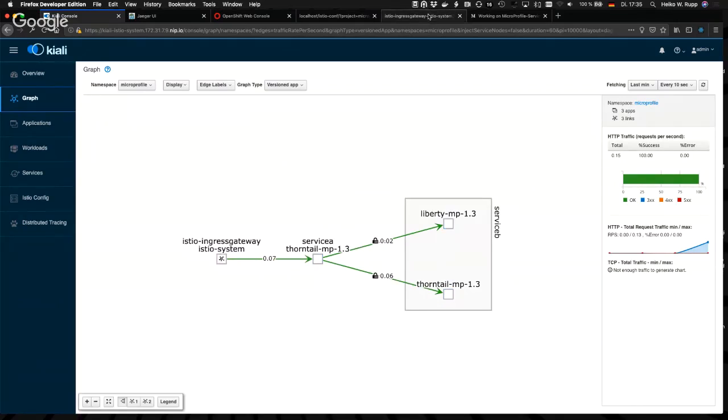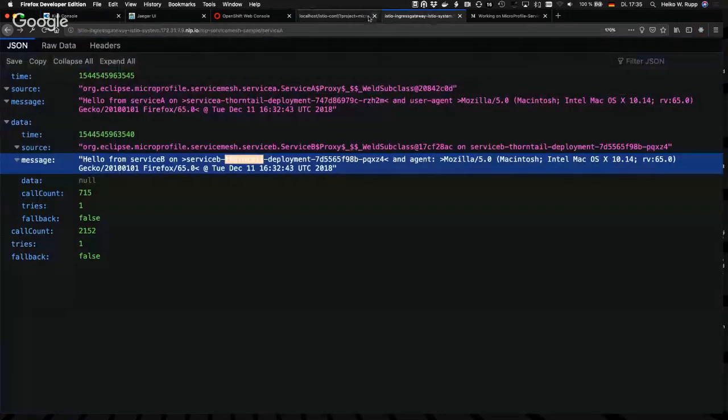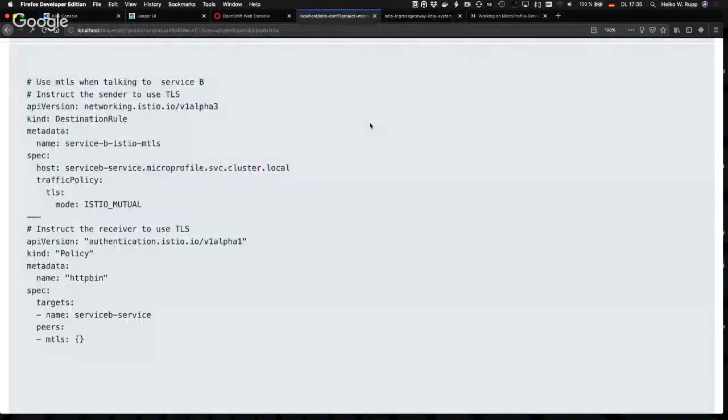Again, if you remember how hard it is to set up TLS on Java and even on other systems, there may be even systems where you don't have that. And here you can really go polyglot: create your service A or service B in whatever language or framework you want. And with these few lines of YAML, you get TLS, mutual TLS.